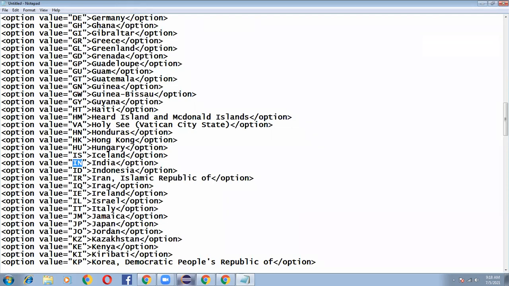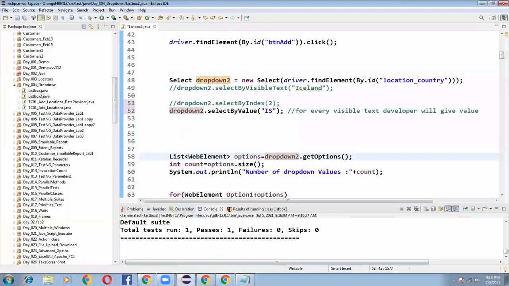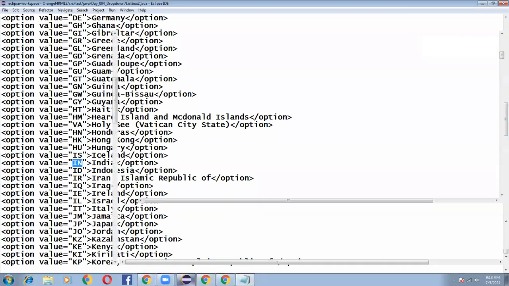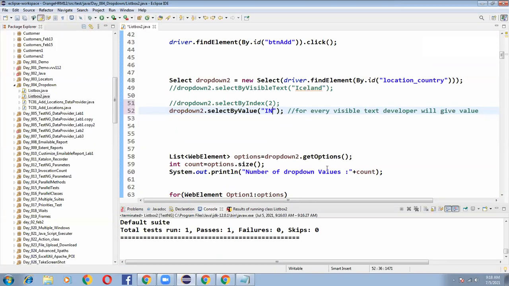If you want to select based on value, you need to write selectByValue. Suppose if I write IS, Iceland will be selected. Whatever value he has written, that value I write. Suppose if I write ID, Indonesia will be selected. So we can select the drop down based on its value also. Every value contains some visible text.